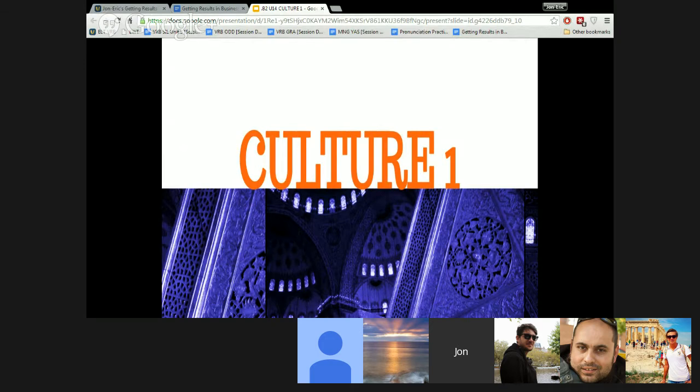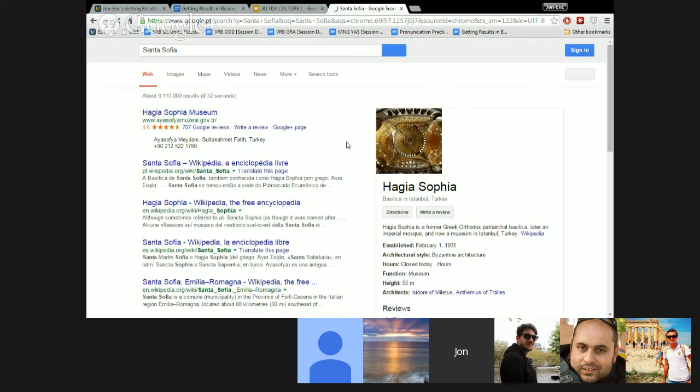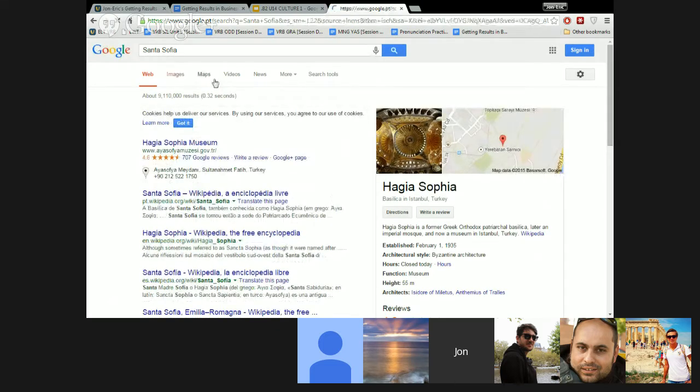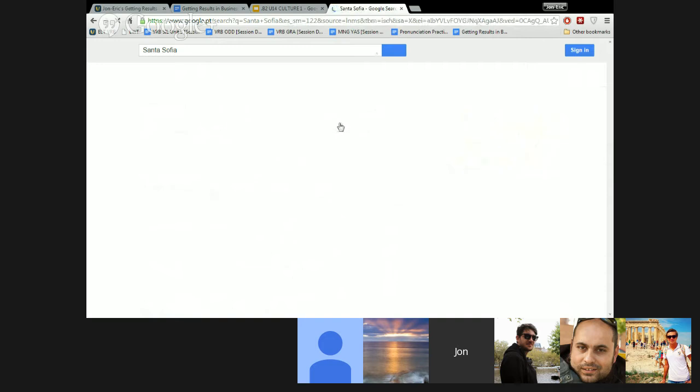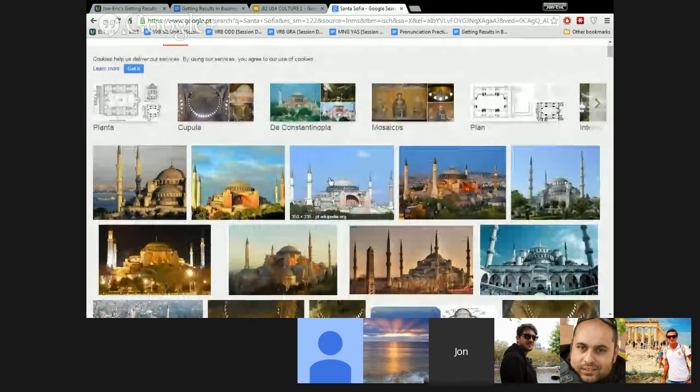I have to look up. Daniel says what? Sofia in Turkey. Have you been there? No, but I've seen photos, pictures. Santa Sofia, is that right? Yes. That's interesting. I was going to say it's either, I wasn't sure if it was Turkish or if it was an Orthodox, like Eastern. Santa Sofia, let me see if I can find a picture. Look at that. I think I'm right. Because it says Greek Orthodox in Wikipedia, Constantinople. Look at that.